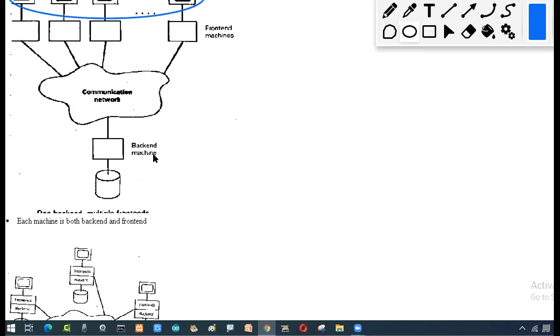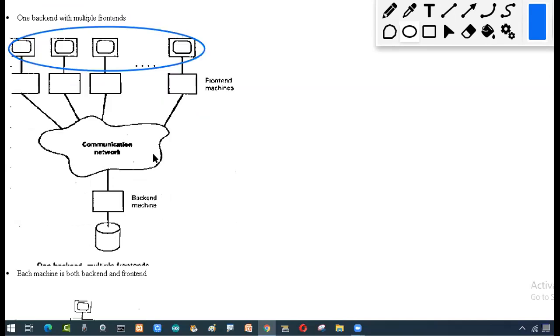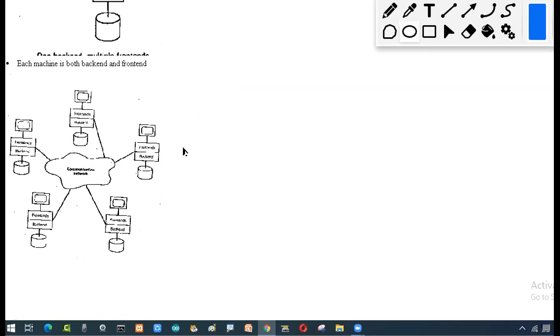So this is how the architecture has been designed. You have read about 3-tier architecture, 2-tier architecture, and 1-tier architecture. But if the data is not enough, these diagrams are going to help you explain how this works. Here you can see the machines in both the backend and front end. The person is going to work like this. This is the user, who is going to use the front end, and he'll be using the back end. So one person is connected like this to the communication network.